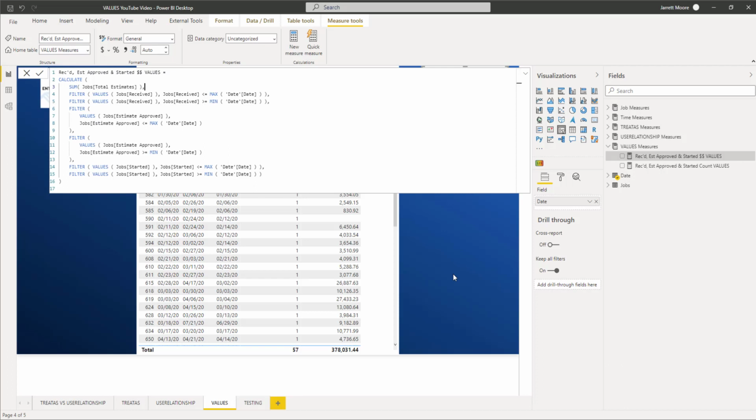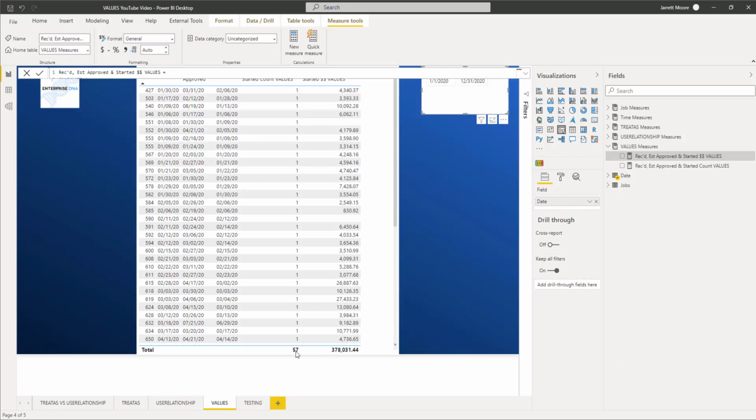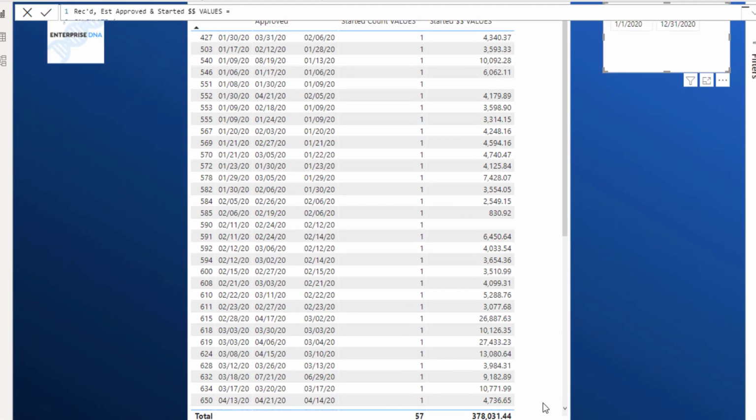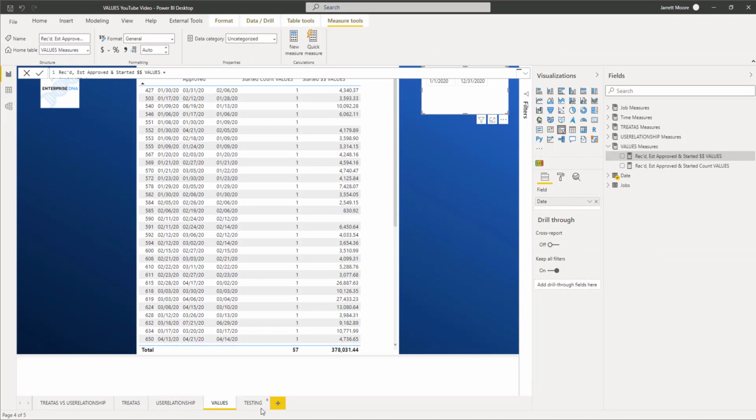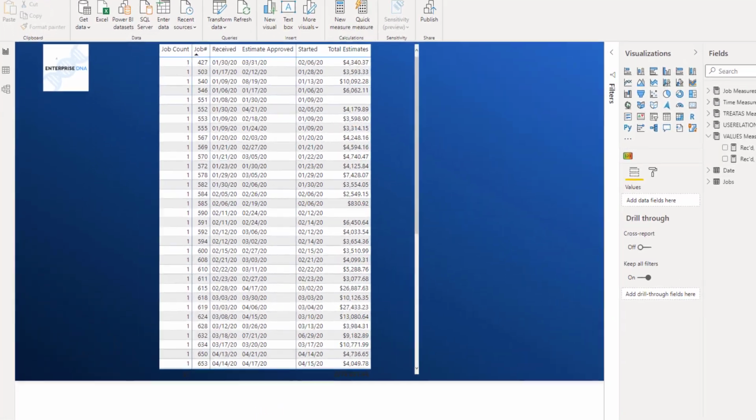And then what we come up with here is it showed at the bottom that we had 57 jobs totaling 378,000 and change in total estimates. So now the next thing that I had to do is I actually had to go over and test this out to see if this was bringing back the correct results. So what I did was I created a page over here called the testing page. As this opens up,